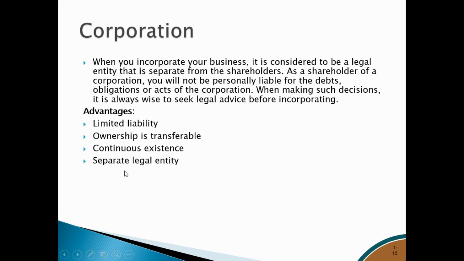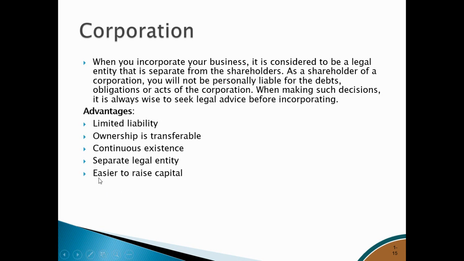Separate legal entity: as I said, take all the listed companies, all the Berhad, you view the company as a separate legal entity. All right. The next point is important. Another major reason why you want to incorporate a company, even though you can look at the disadvantages, it's expensive, it's highly regulated.